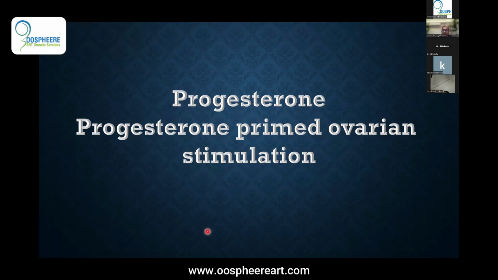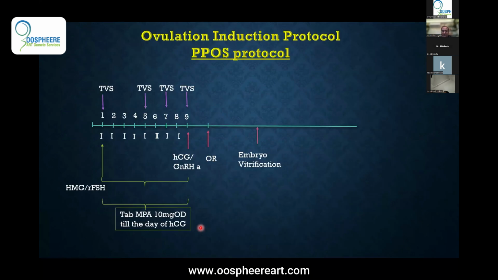Next comes the progesterone molecule. So we can use progesterone as a downregulation agent, and that protocol is called progesterone-primed ovarian stimulation. So here, if you look at this particular concept, what it does is that if you have high progesterone levels in the circulation, that progesterone inhibits LH because of the negative feedback system. So when you start gonadotropins on the second day,